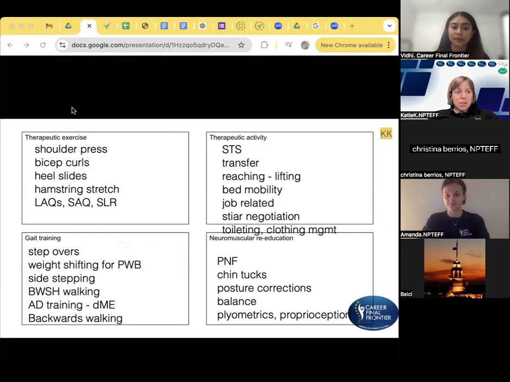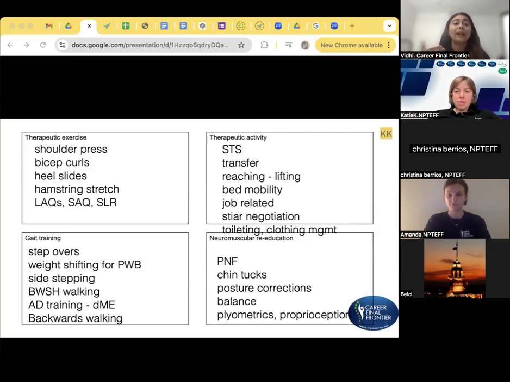Now, to give you a very simple example of thinking about how to go about these codes: exactly, intention is important. How do you think about this? When you first teach an injured, non-working, or re-educating muscle how to move, how not to move into different compensatory postures, how to lengthen, all of those where you need more assistance and more skill, that is going to be a more skilled code. So that is going to be maybe neuro re-education.